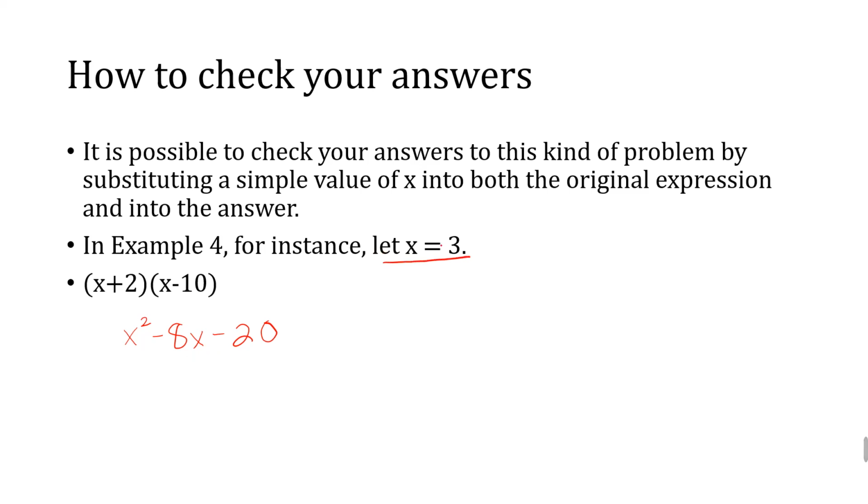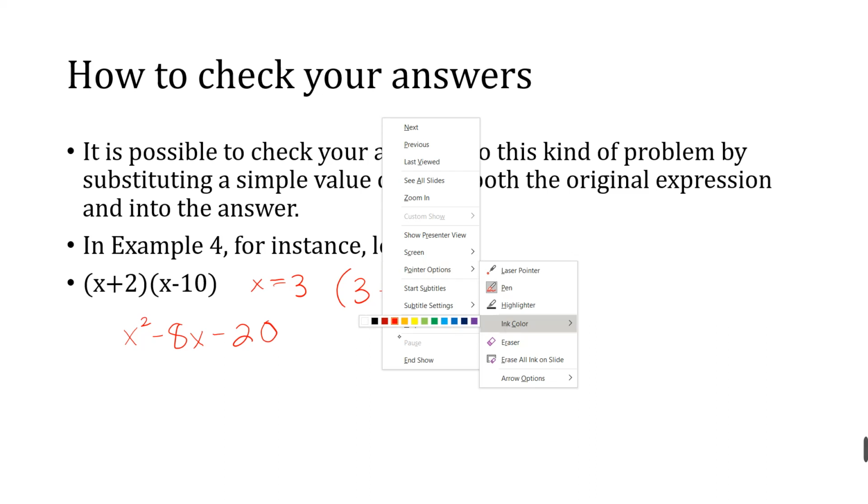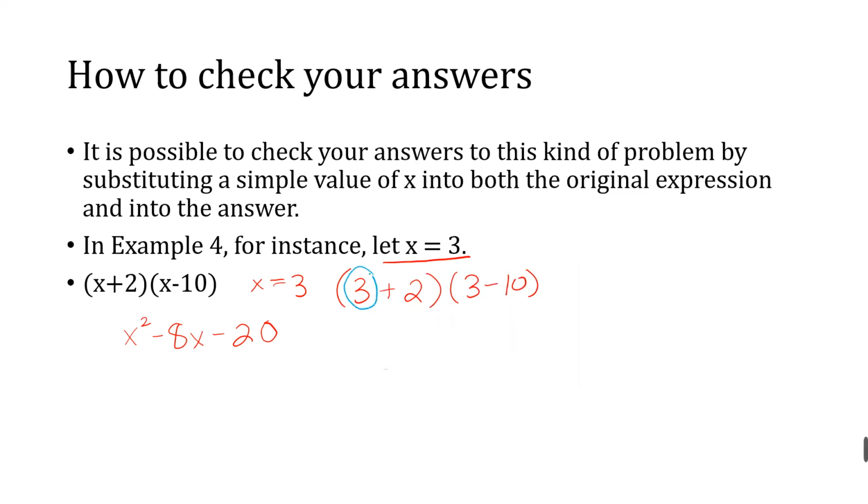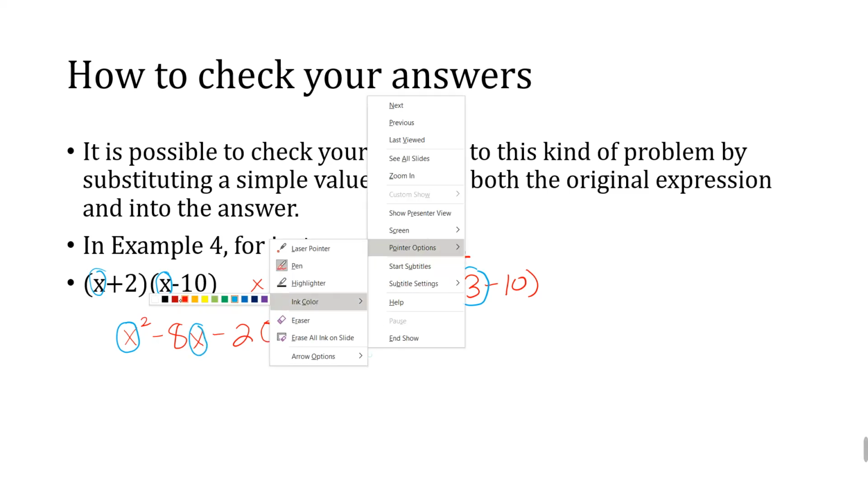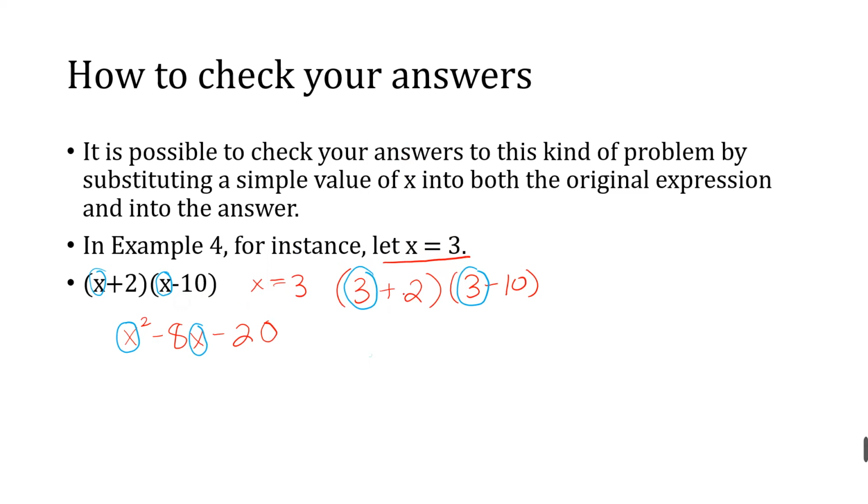Now let's actually check our answer by letting x equal 3. I'm going to let x equal 3 for this top line. Each time I see an x, I plug in a 3. So I'll do 3 plus 2 and 3 minus 10 instead of x plus 2 and x minus 10. I'll show you with blue so you can see it. Here are my x's, the second one where the x is, that's where we're going to put 3 plus 2 times 3 minus 10, 5 times